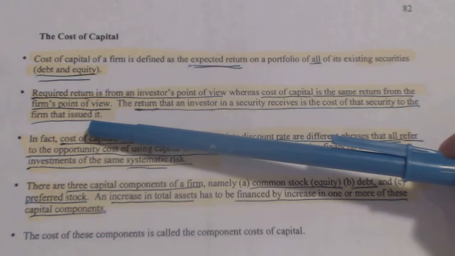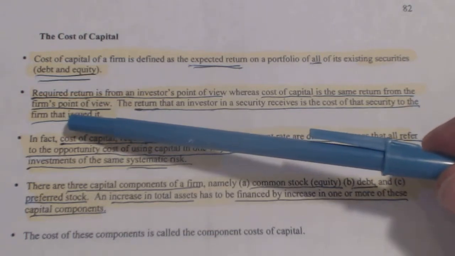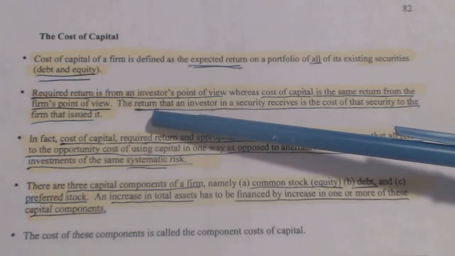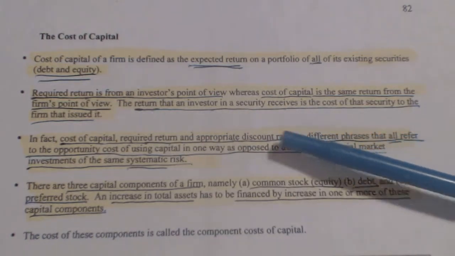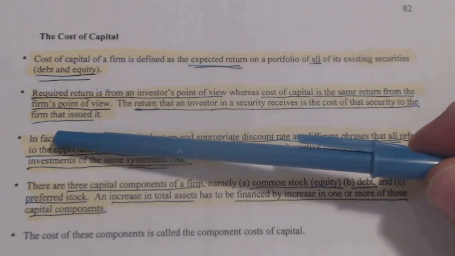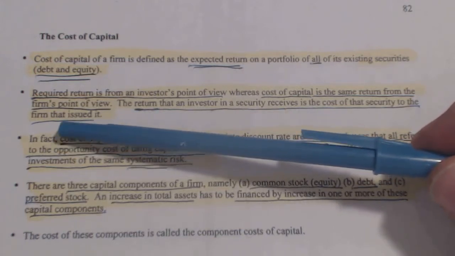Required return is from an investor's point of view, whereas cost of capital is the same return, so it's the same percentage return, but it's from the firm's point of view. The return that an investor in a security receives is the cost of that security to the firm that's issued it. One person's gain is the other person's cost, right? In this case,